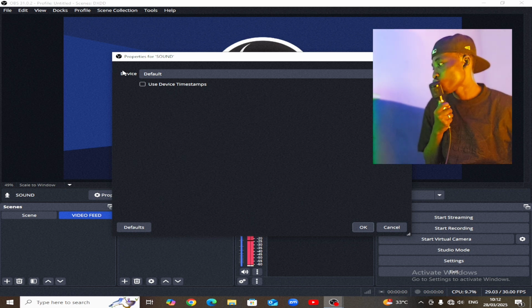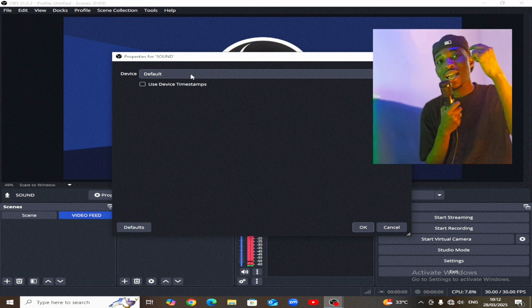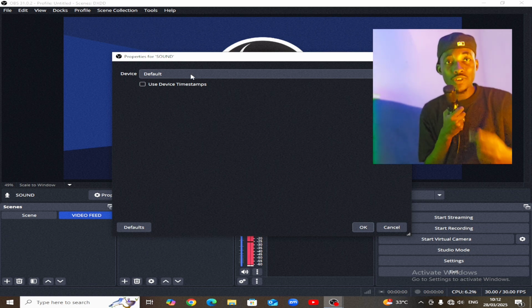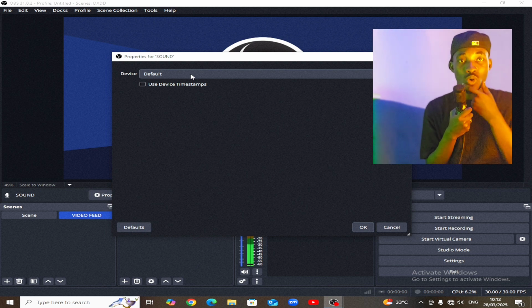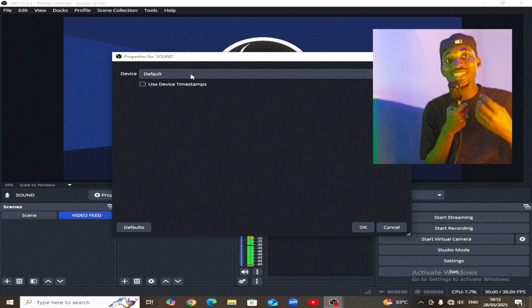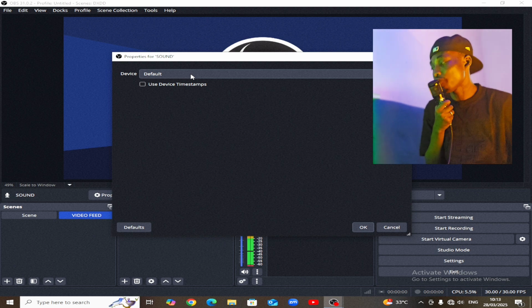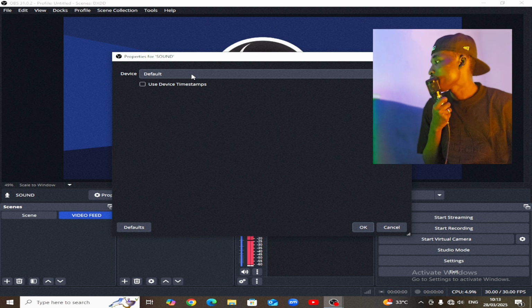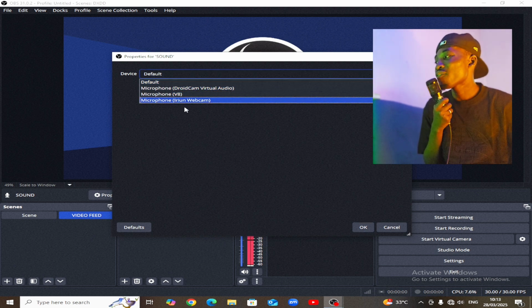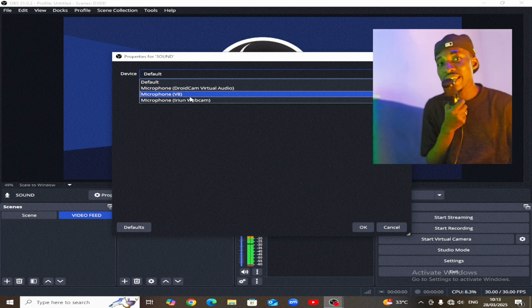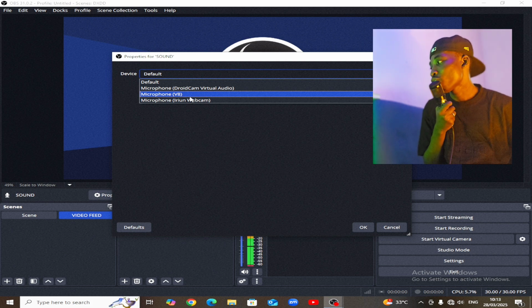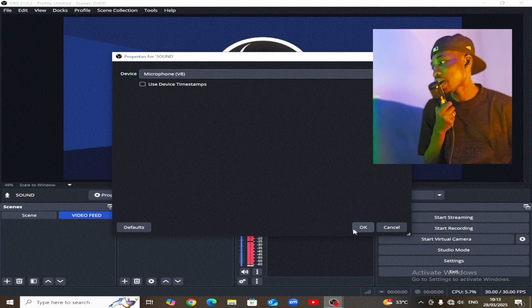When you select sound and then hit OK, this is the pop-up that shows up. So now we go to where the device is and it is written default. We are going to select what audio input device we would want to send online for people that are watching us to also get a clear sound. The sound that we are using, they would also get. So we just hit this default, and now we have options to choose from. Right now I'm using microphone V8, so I'd have to choose microphone V8 as my sound,